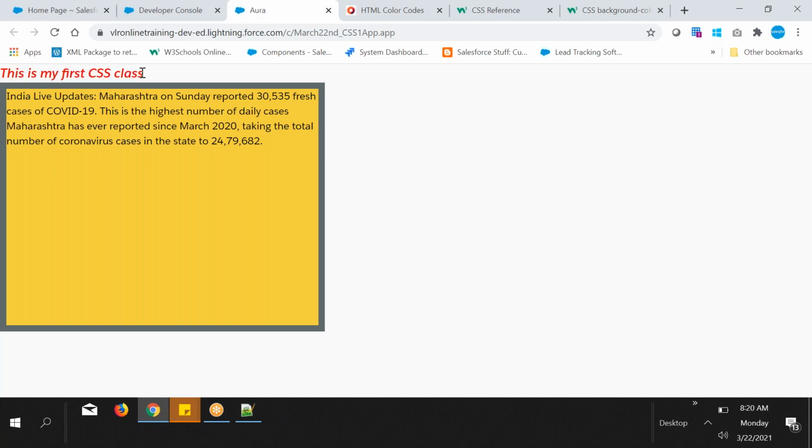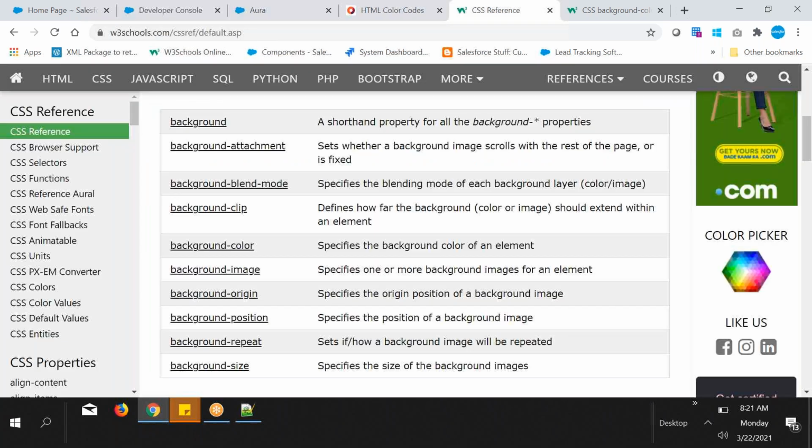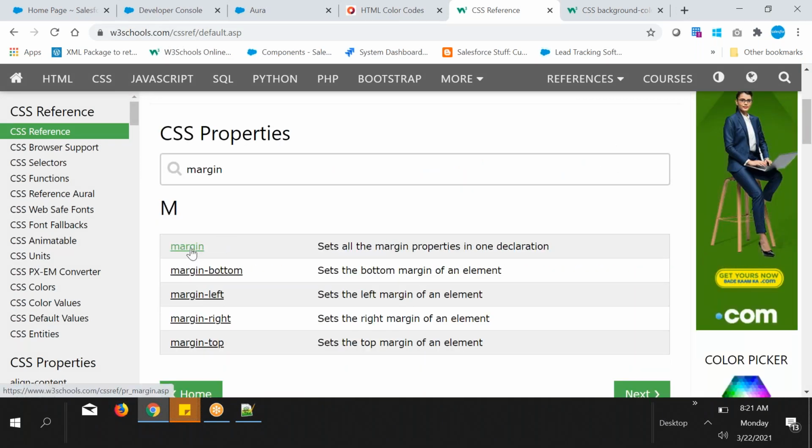Okay, so this outside space is nothing but a margin. An element's outside space is nothing but a margin, guys. So this element's outside space: left side border, right side empty, nothing, top border and bottom div tag. So these are the spaces, and if you want to increase the spaces, you can use margin. Okay, so you can check here references, margin. You can see margin-bottom, margin-left, all these kinds of things. So click on one reference.